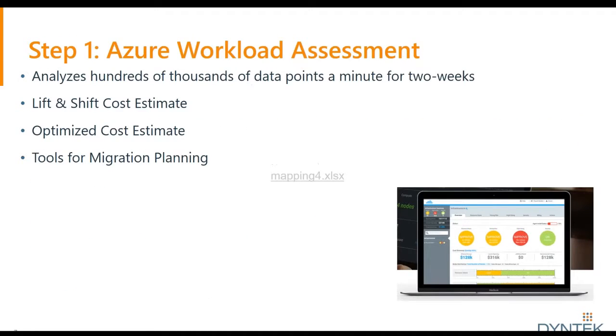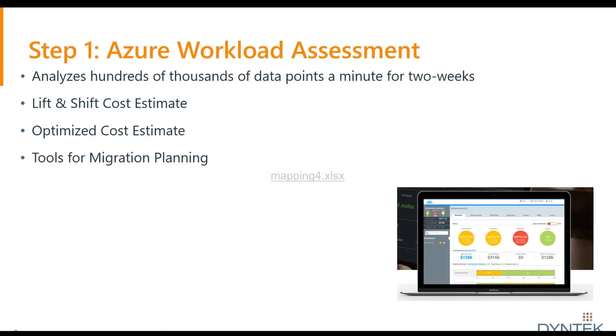So step 1 of our process is we analyze, we do the workload assessment. We analyze hundreds of thousands of data points a minute for 2 weeks at a minimum. We do a lift and shift cost estimate, and again, that is just exactly what you have. I have a 4-core processor CPU with X amount of storage and X amount of memory. I want to move that exact scenario into Azure